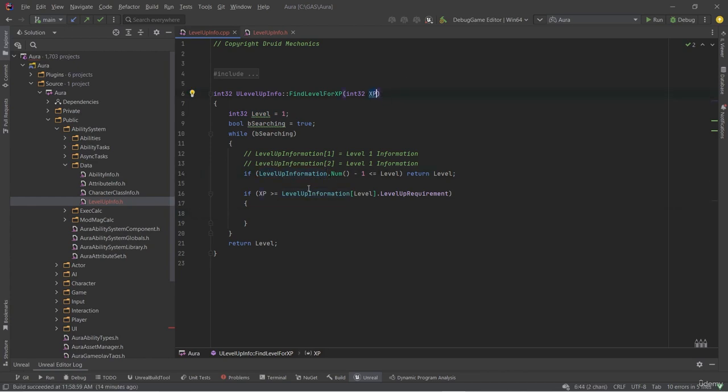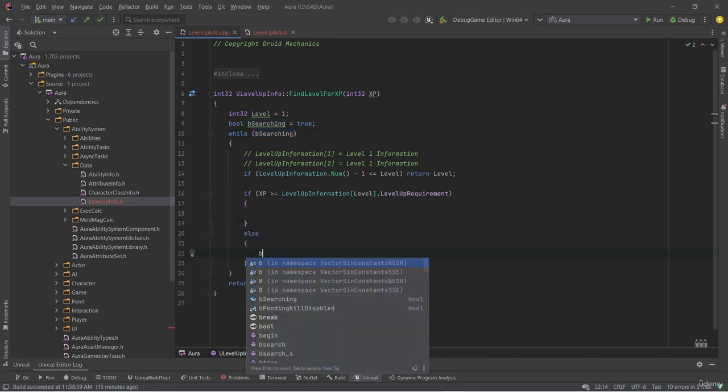Now let's say that XP is between 0 and 300. In other words, level should be 1, right? Well, level starts at 1 here locally, and XP, let's just say it's 100. That means we should be level 1, right? Well, if we look up the array, indexing at level 1, and we get that level up requirement, that should be 300 for level 1, which means that XP is not greater than or equal to the level up requirement. So in that case, we can set bSearching to false and exit the while loop and return level. So we can have an else case here that says bSearching